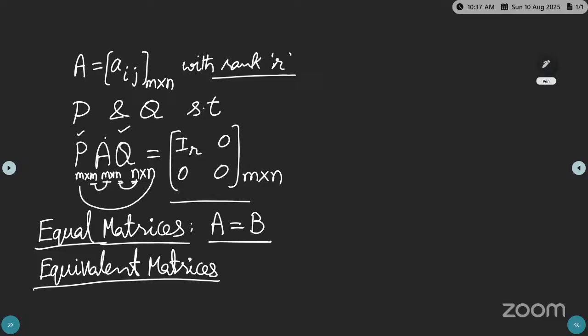Equivalent matrices. What are equivalent matrices? Two matrices A and B are said to be equivalent